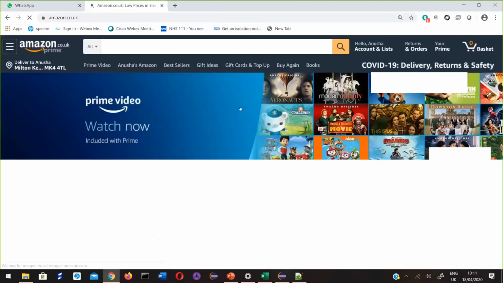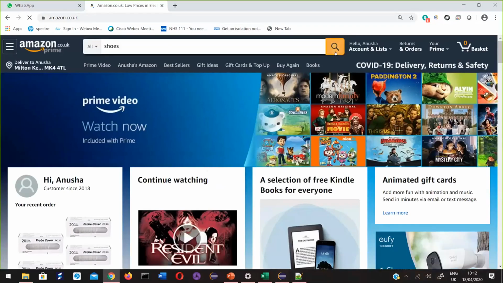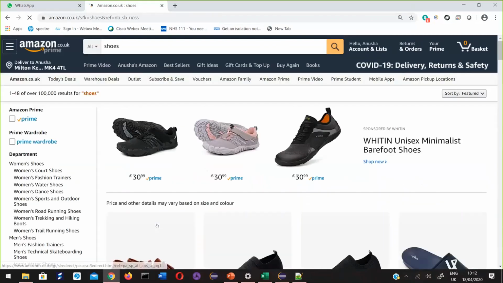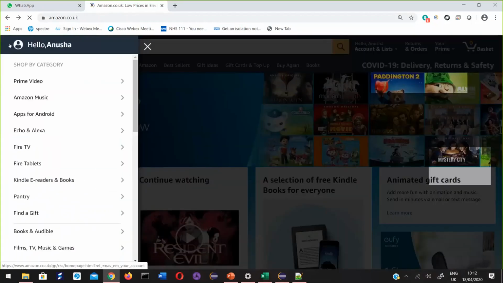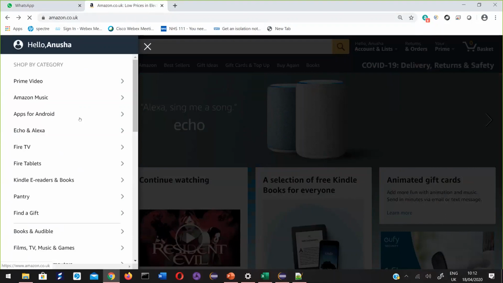I can search from here, which we did just now. Similarly, if I want to search using this navigation pin from here, go to this menu, right?